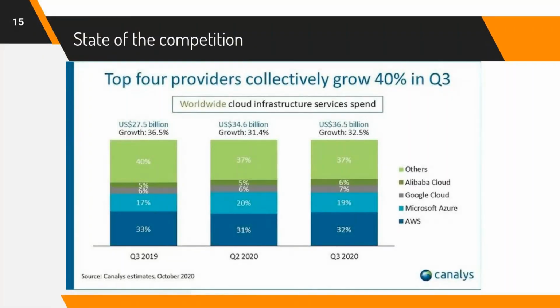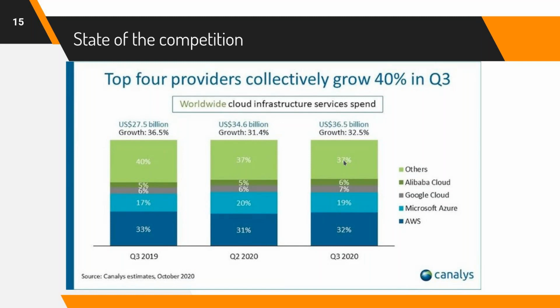So from last October's report from Canalys, this is the share of the market that each cloud provider has. As I said, undoubtedly AWS is the leader. Some of the reasons are they started much earlier and they have created a lot of services. It was 33%, slightly dipped to 31%, and Microsoft seemed to gain there. And now AWS is at 32% and Microsoft is at 19%. The others are steadily declining.